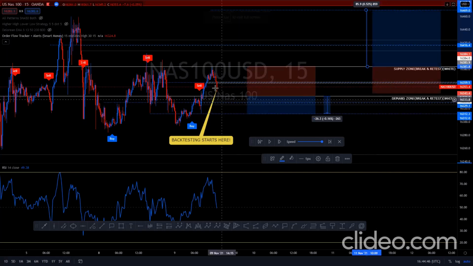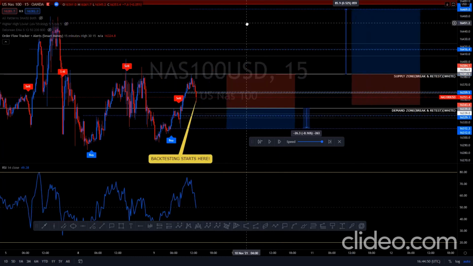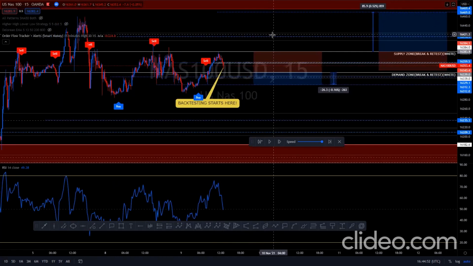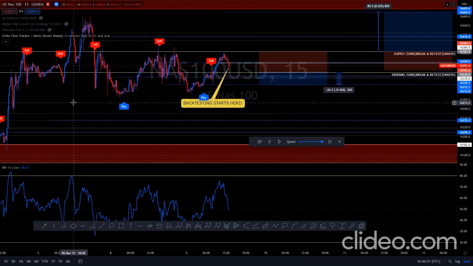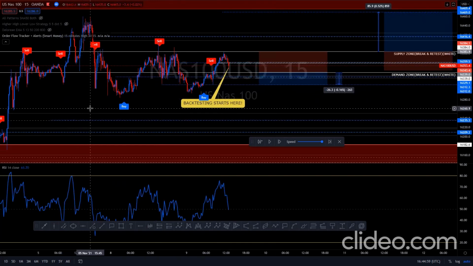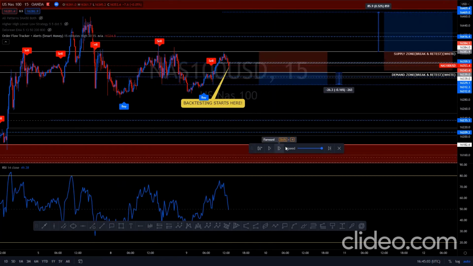And then I set those pending orders and then I wait to see which way price is going to go. Now, ultimately, price sold, which I understand completely why. So when it sells, I'm going to explain why it did. So what we're going to do is we're going to let the replay play. And we're going to see exactly how price